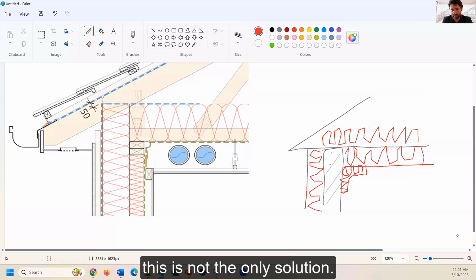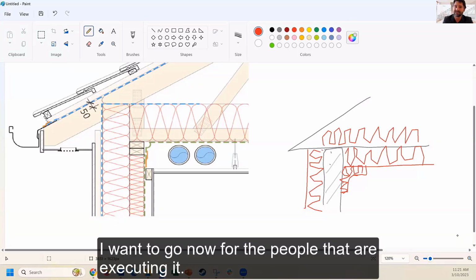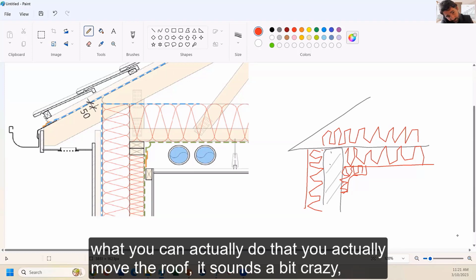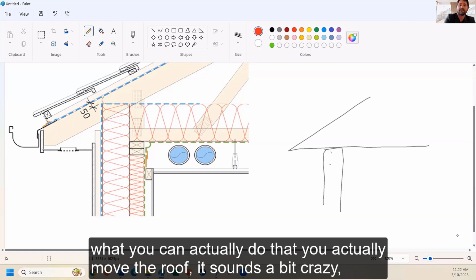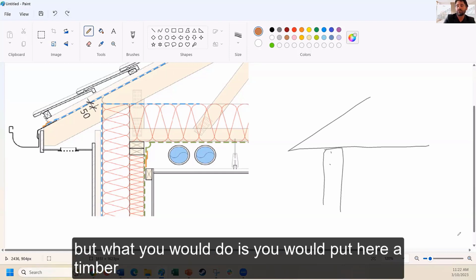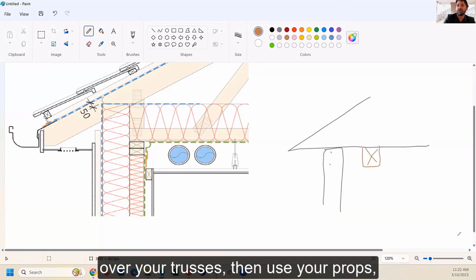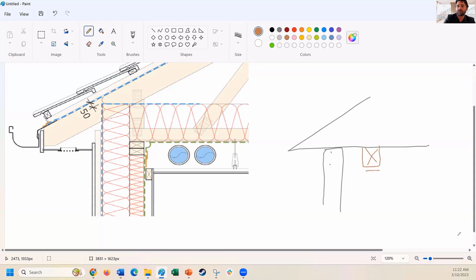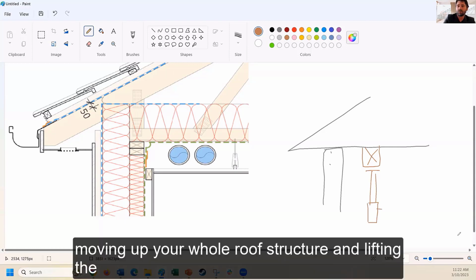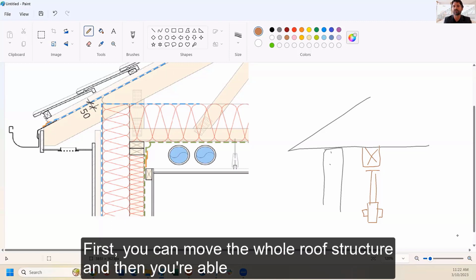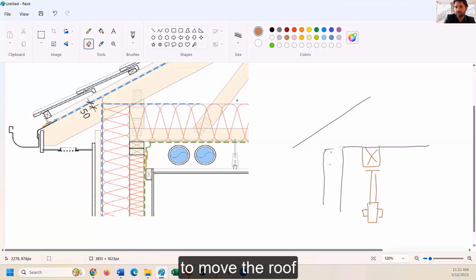However, this is not the only solution. I want to go now for the people that are executing it, so more builders and execution people. The other thing you can actually do is move the roof. It sounds a bit crazy, but what you would do is put a timber over your trusses, then use your props, moving up your whole roof structure and lifting the roof. Obviously, you have to take the roof ties off and things like this first. You can move the whole roof structure, and then you're able to move the roof